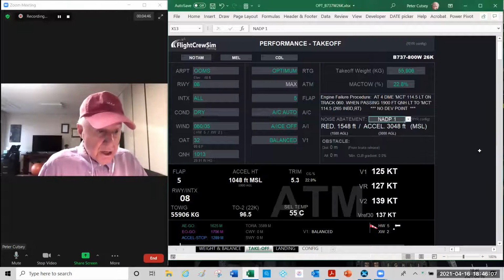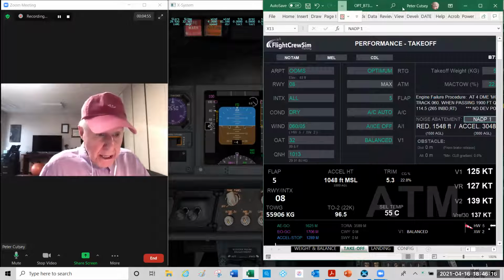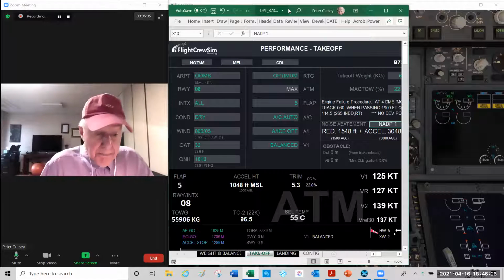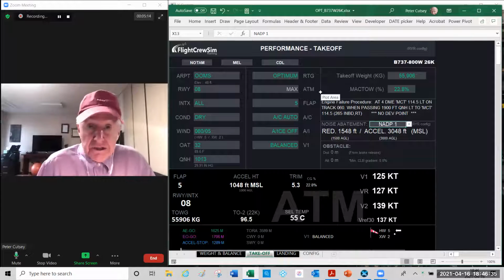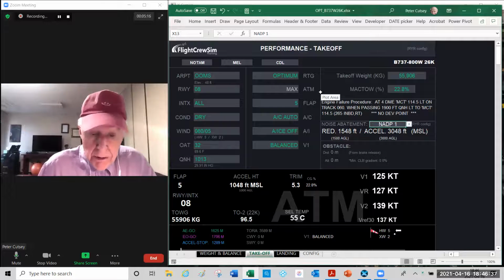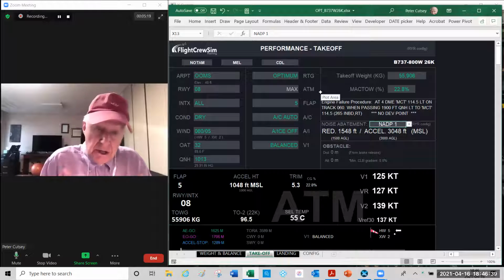This is one example of an OPT that we're looking at here, and your particular OPT may look a little different. In any case, the captain initiates the performance. So once he asks the first officer, ready for the performance, phase one, the first officer agrees, and the